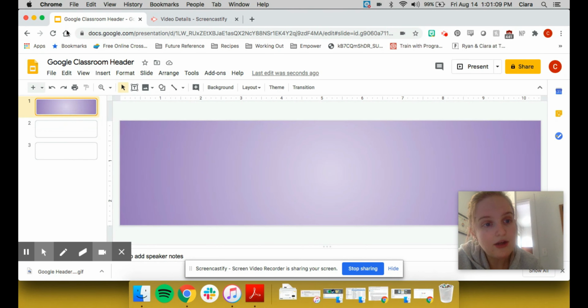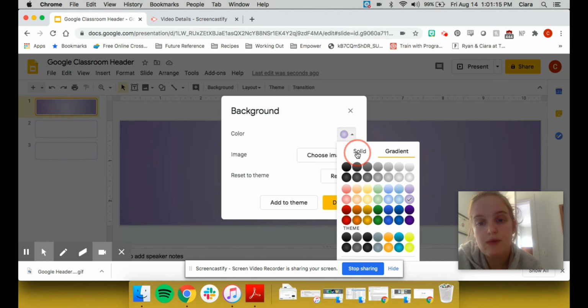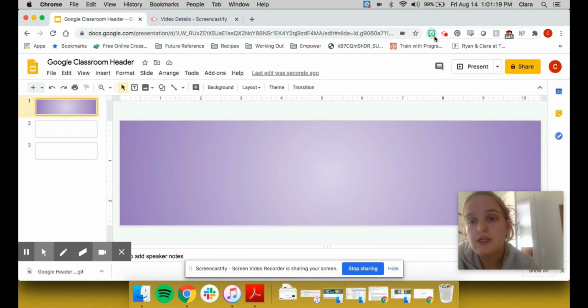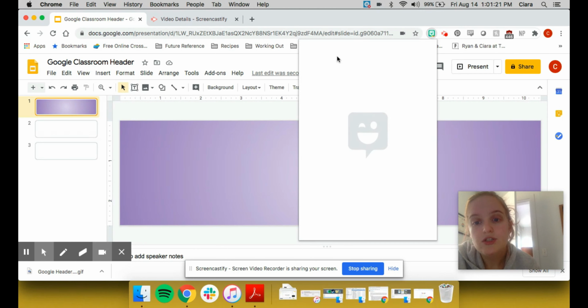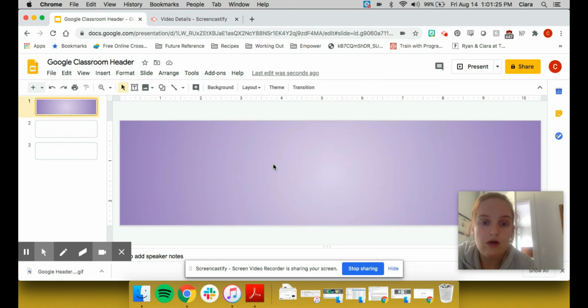like a pretty pattern. This one's just a color by going to backgrounds, and then here with the colors, so it can be a plain color or it can be a gradient. And then what I've seen some people do is just throw in a Bitmoji. So maybe something for like the beginning of the year could be this welcome